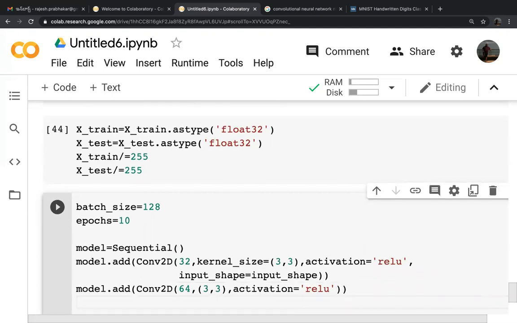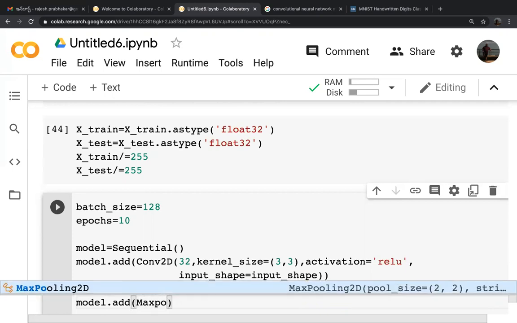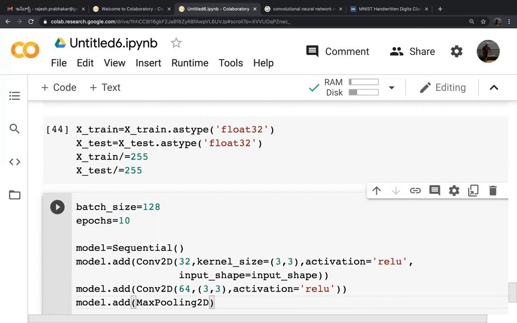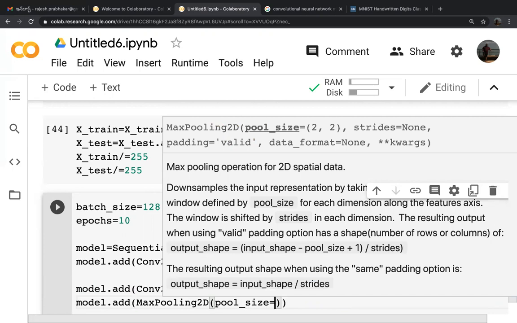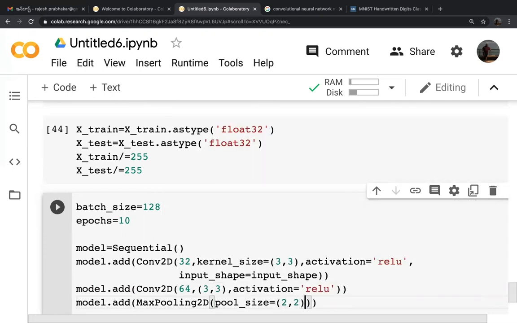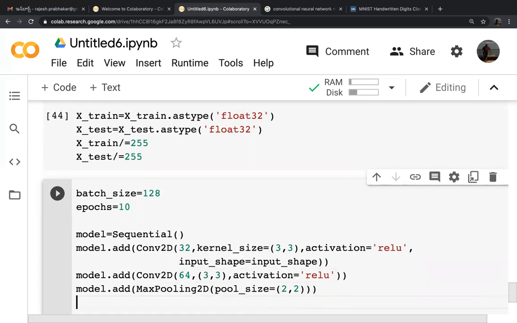Next, model.add(MaxPooling2D(pool_size=(2, 2))). It uses a 2 by 2 filter to reduce the large matrix into a smaller matrix.